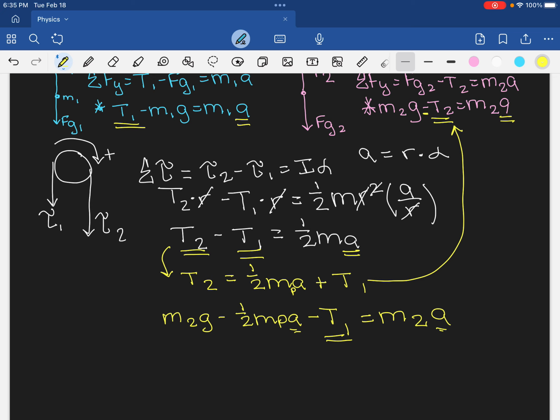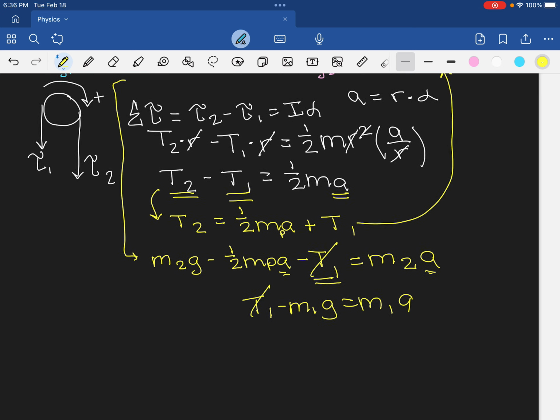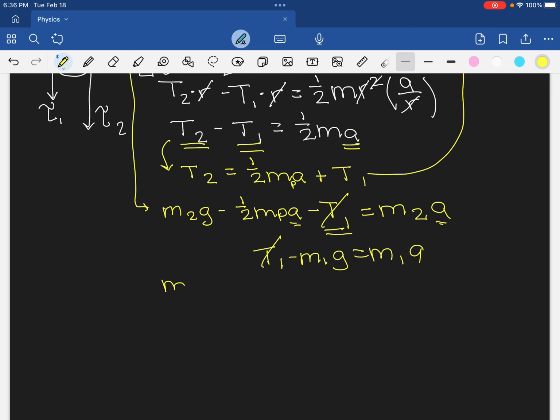So what I can do is take this equation and just add these together. You could either rearrange my equation in blue and solve for T1 and then plug it in here. Or if I realize that this is T1 minus M1G is going to equal M1A, if I were to add these two together, we see that these cancel out. And so what I would get is M2G minus 1/2 MPA. And then we'll have minus M1G, and this is going to be equal to M2A plus